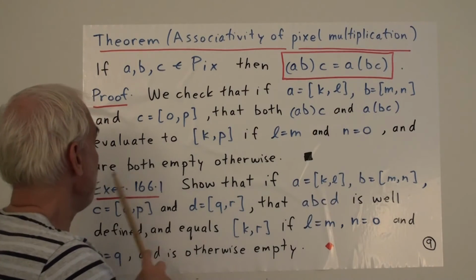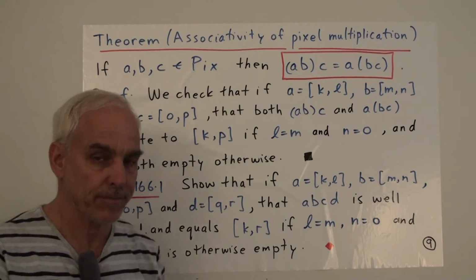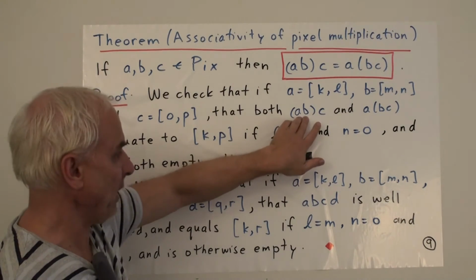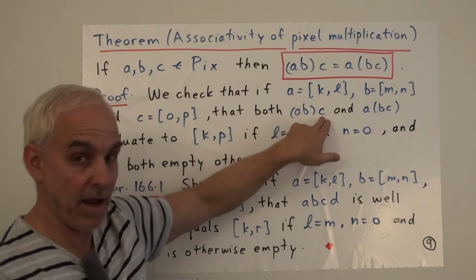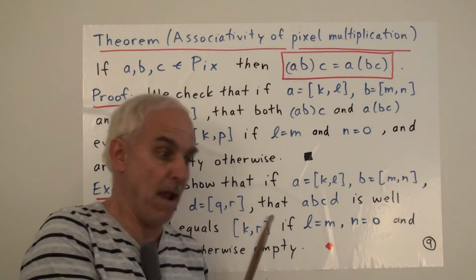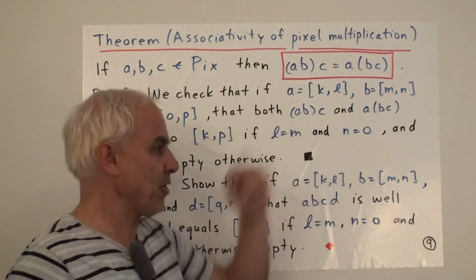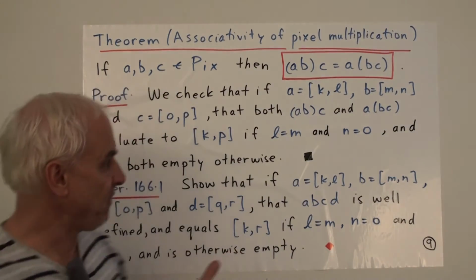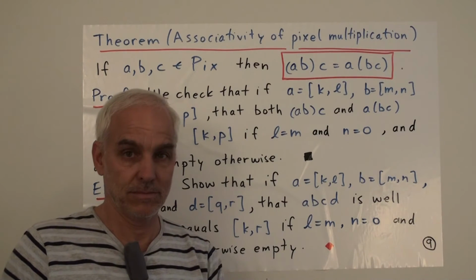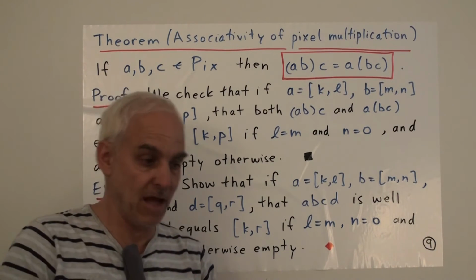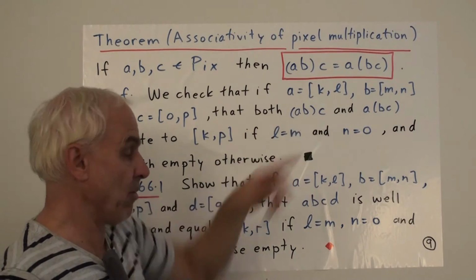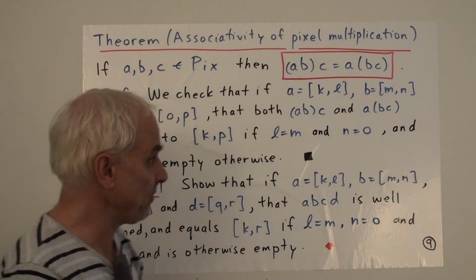And the claim is that everything is empty otherwise. But we have to say, to be precise, what it means for an empty pixel to multiply by a regular pixel. We actually haven't defined the product of an empty thing with the pixel C. So we have to define that in that case, that product is going to be empty as well. That's the meaning that we'll assign: if this happens to be an empty situation and we're multiplying by C, then the result is still empty.